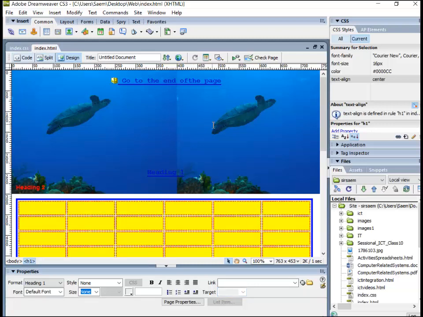Then you have something known as email. You get a question that when you click on this, it should open up mail to Mr. Saem at yahoo.com, and the subject is equals to